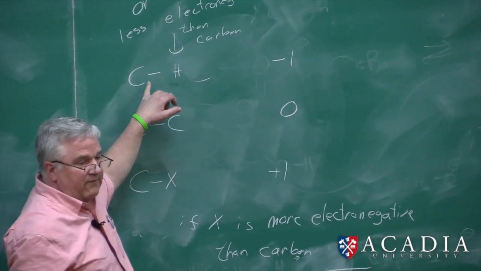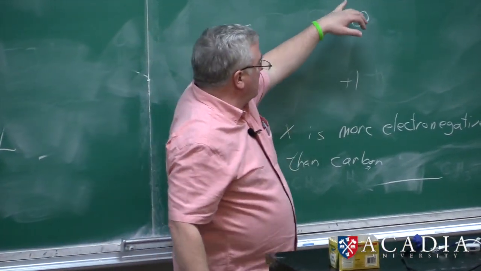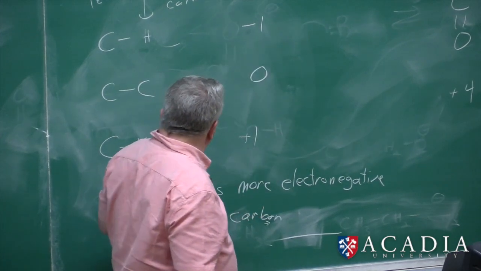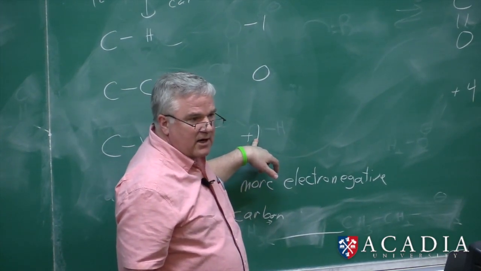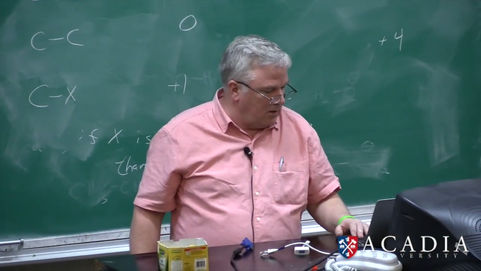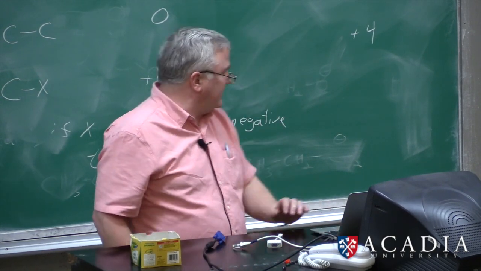So that's the rule here. For any atom that's less electronegative than carbon, we subtract 1. If we put something that's more electronegative than carbon, we add 1. Okay, so let's take a look at something like